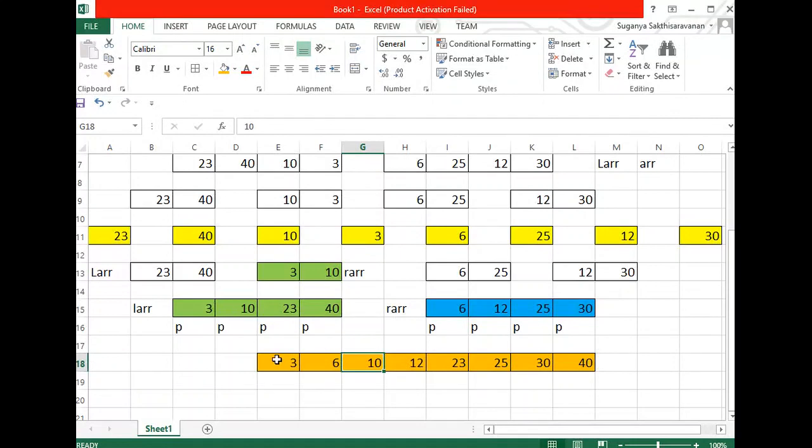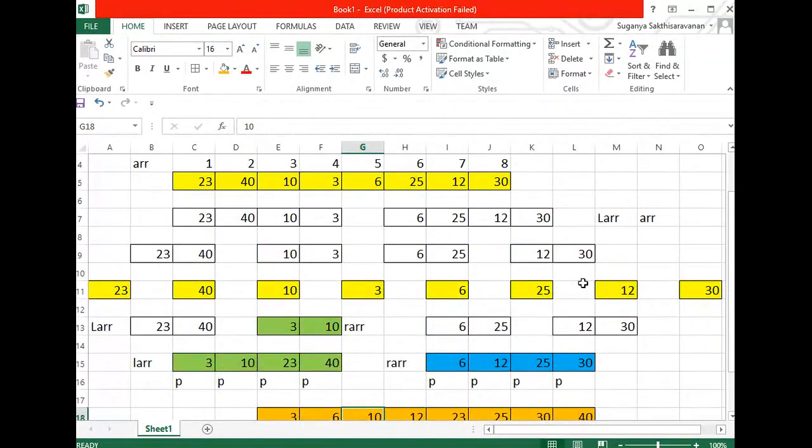So first 3, next 6, next 10, and next 12, and next 23, 30, 40. Is this clear? Clear with the logic of how the merge sort works? Come on, respond to me. Okay, fine.